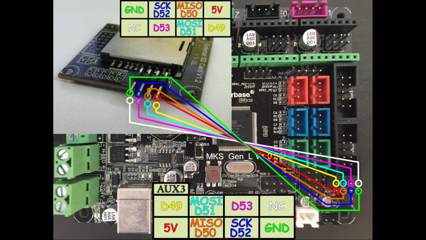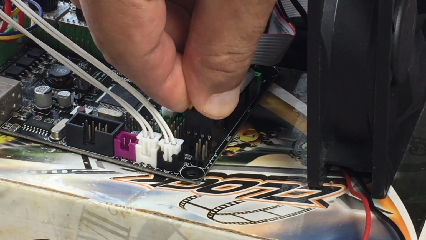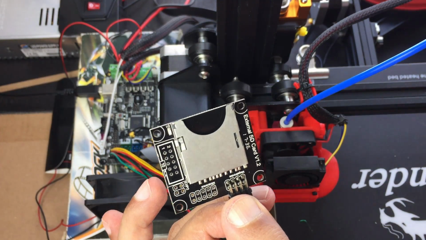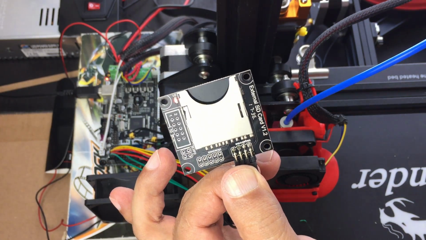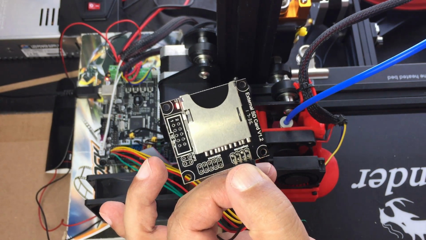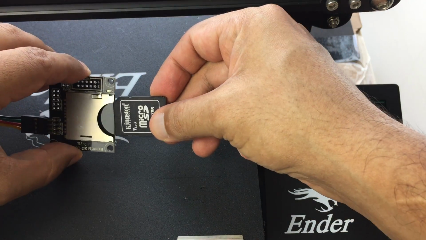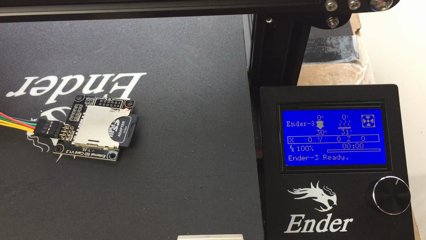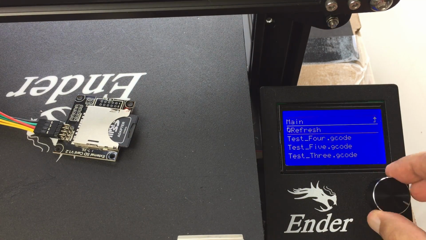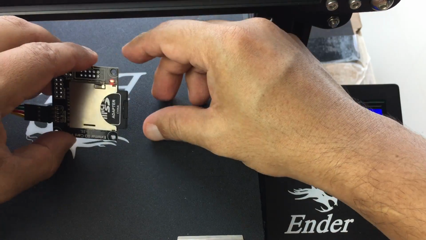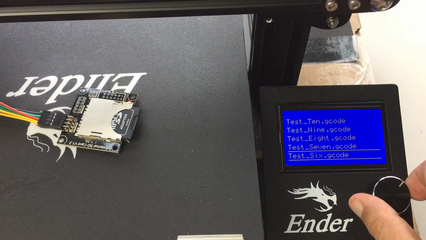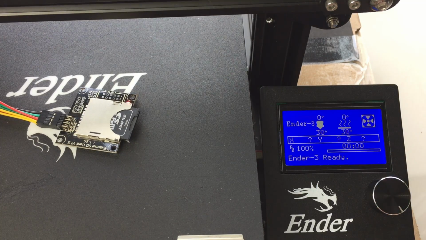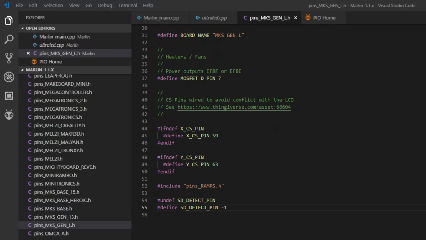With that done, plug in the connector and let's switch on the printer. Notice the LED lighting up immediately on power up. That's great as it behaves similarly to an SD-RAMPS module. Let's first test it with the firmware where we have set the SD_DETECT_PIN to -1. We should expect the same functionality as we got from the previous module. Awesome! Now we'll comment out the two lines we added to the file